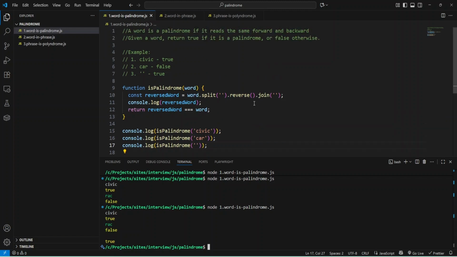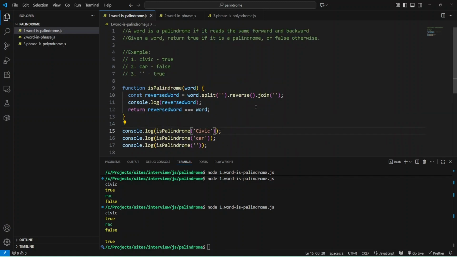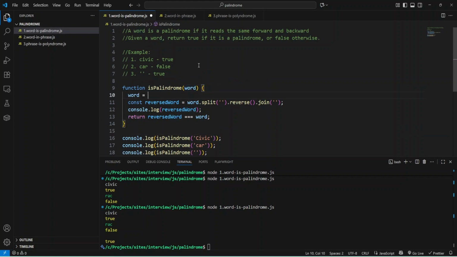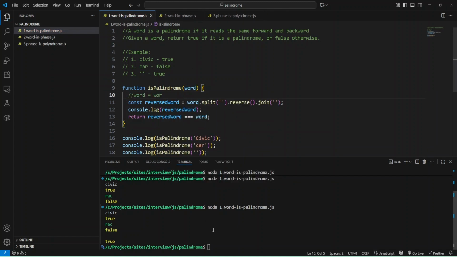And sometimes they can ask you to make it work with uppercase, and for that we probably need to convert the word. Let's initially run our example, and as you can see, we have false.